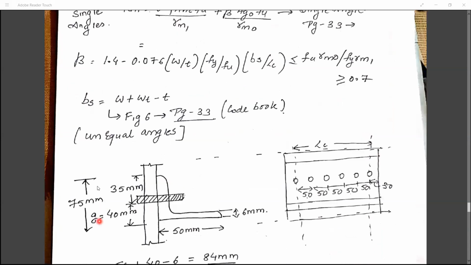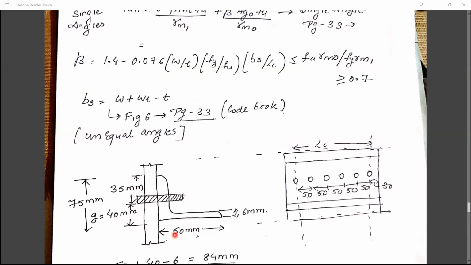What is our angle section? 75 mm. What edge distance did we get? 35 mm. See how we have calculated this edge distance by using the bolted connection, 1.5 into d0. We got here 33, we have taken 35 mm. What is the leftover distance? 40 mm. So 35, 40, 75. I hope you're getting now how we have done this. Once again, I am repeating: 1.5 into d0, what we got? M16 bolt, 1.5 into d0, 33 mm. There we have taken the edge distance as 35 mm. In 75 mm, if you minus 35 mm, what is our leftover distance? 40 mm. So that is why we have separated this 40 mm.